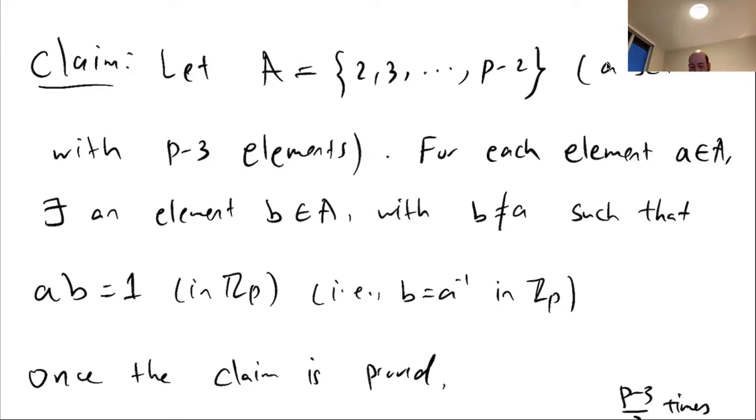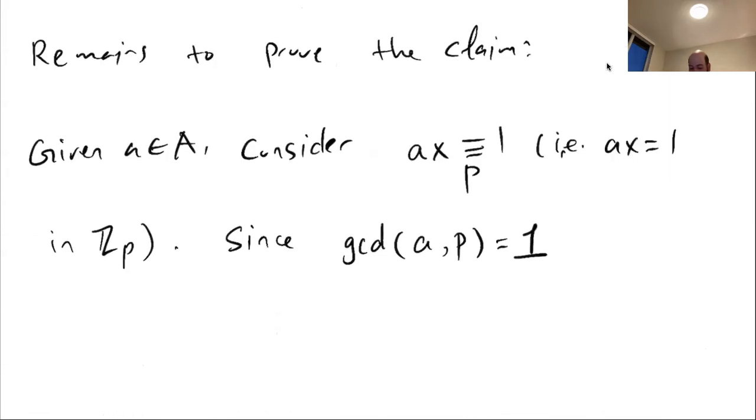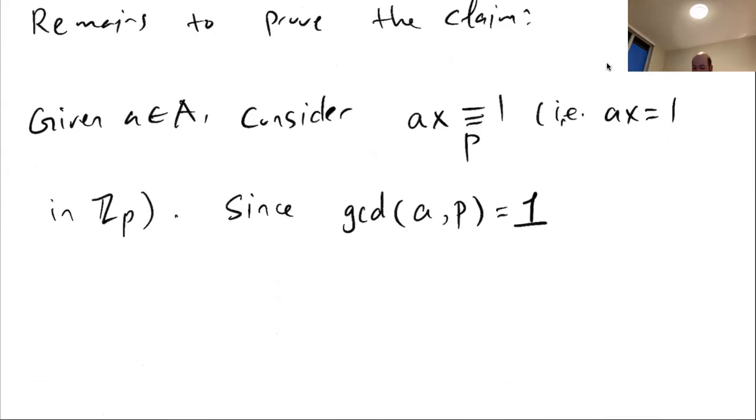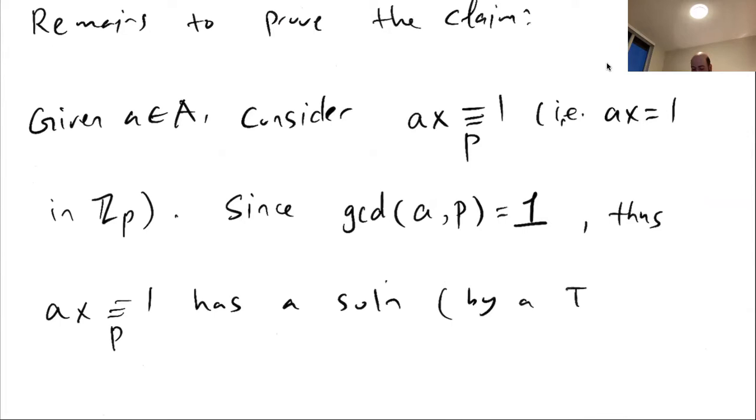A here is not a multiple of P because it's either 2 or 3 or up to P minus 2. So GCD of A and P is 1. Thus AX congruent 1 in P has a solution by a theorem